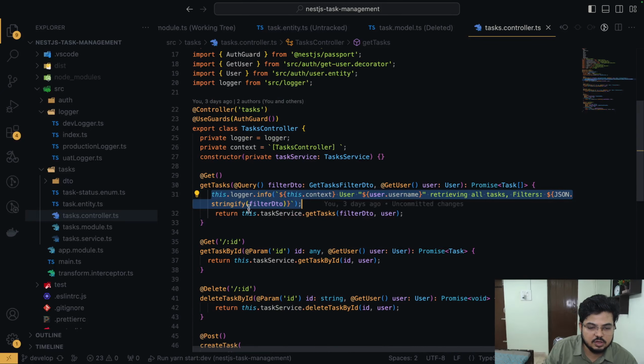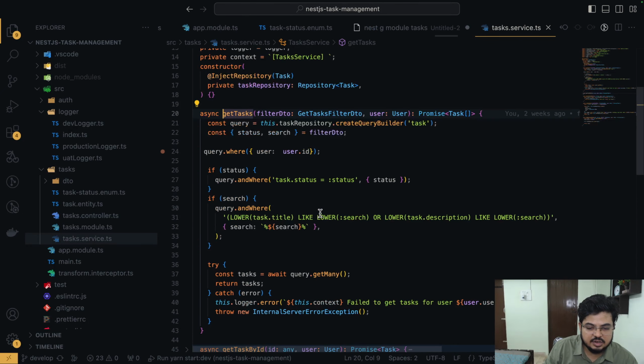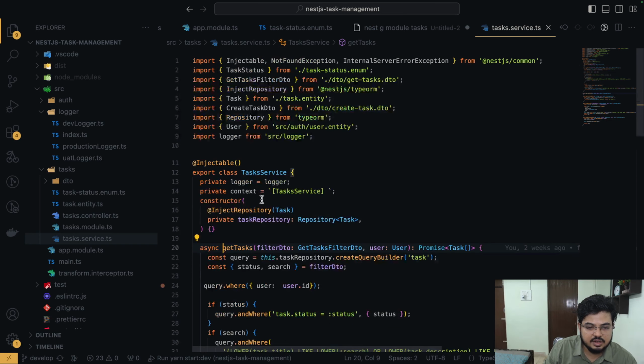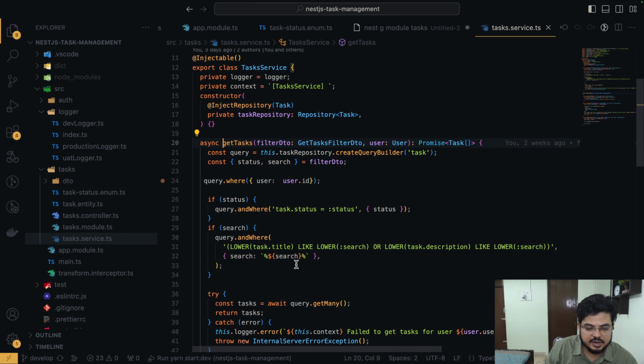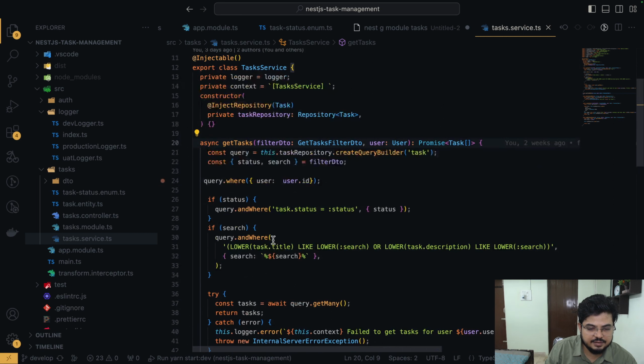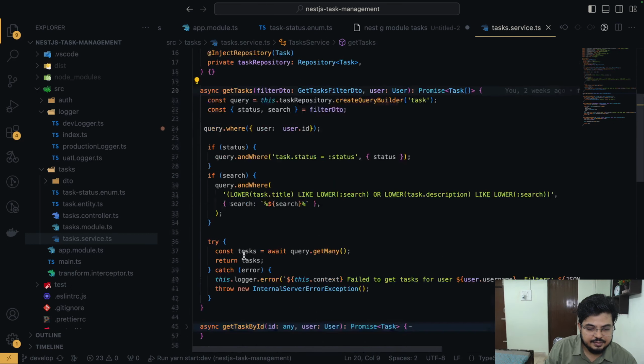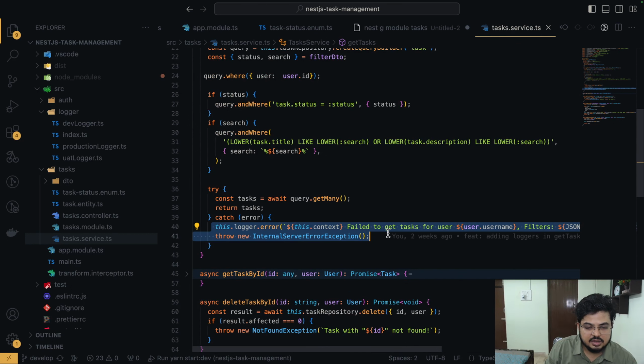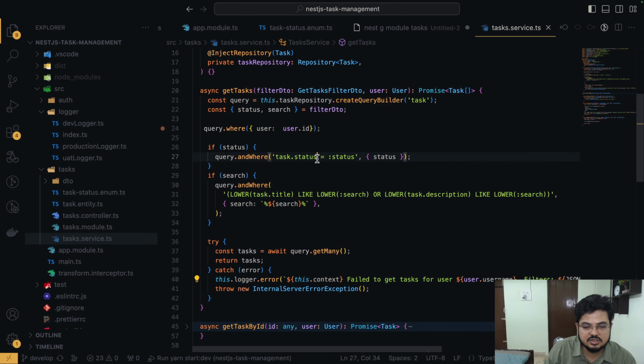Suppose in this one also, get task in the service, I have printed somewhere. One error is also printed. Okay, print the error. Somewhere I have printed this.logger, one try catch is here. So I'll purposely try to reproduce the error. A query is written, and what I'll do is I'll just try to make this